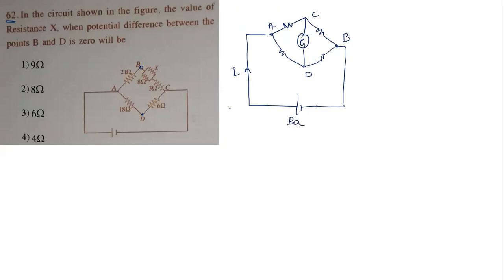Now see here, when the circuit is balanced, the current through the galvanometer will be 0. So we say P by Q equal to R by S. What is the meaning of this? You need to know that the potential at point C and at point D will be the same. Since these two points are at the same potential, the current is not flowing here. If a potential difference is there, current will flow from where to where? High potential to low potential. But here it is not like that.